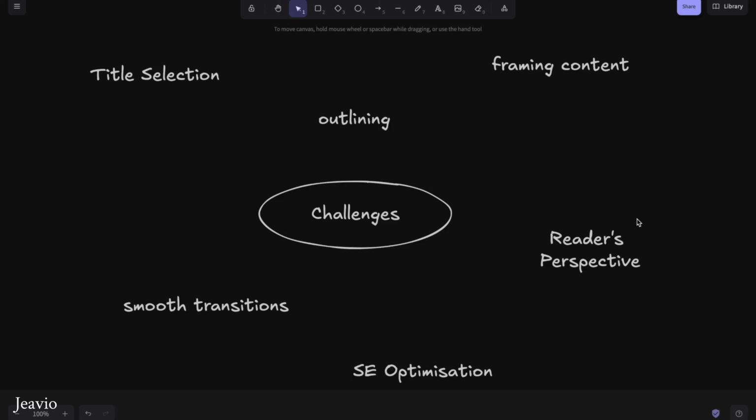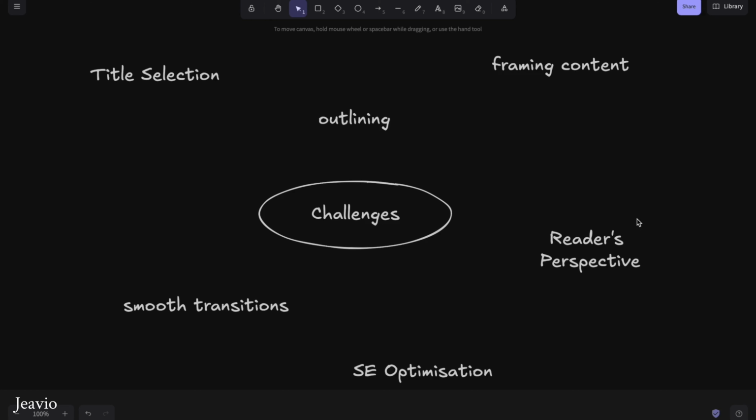Also, you need to maintain a consistent tone throughout the content. After all this, you have to make sure that it is engaging to your target audience. Now, how your target audience will perceive this blog, that you still don't know. So, this whole process is very time consuming and requires a lot of effort.